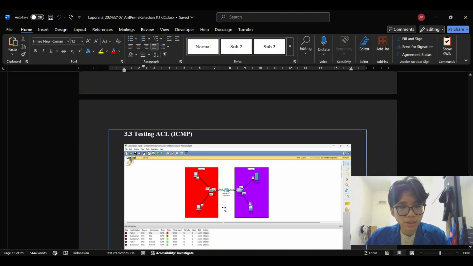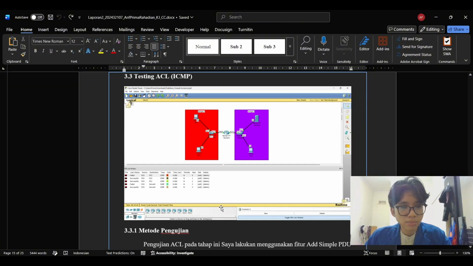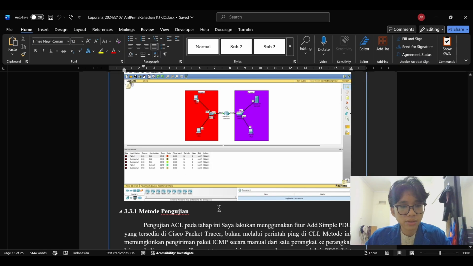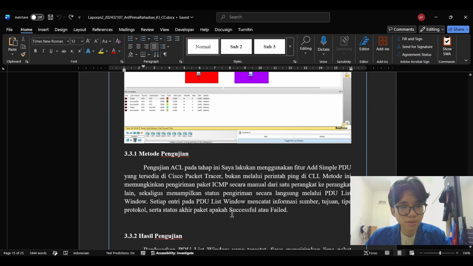With the ACL in place, I moved on to the first round of testing using ICMP packets. For this test, I used the simple PDU feature in Cisco Packet Tracer instead of the CLI ping command.